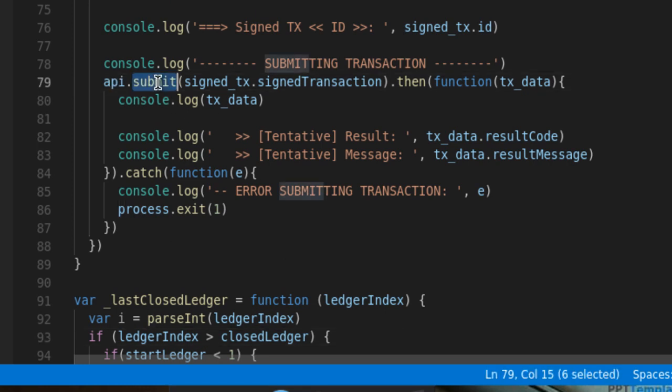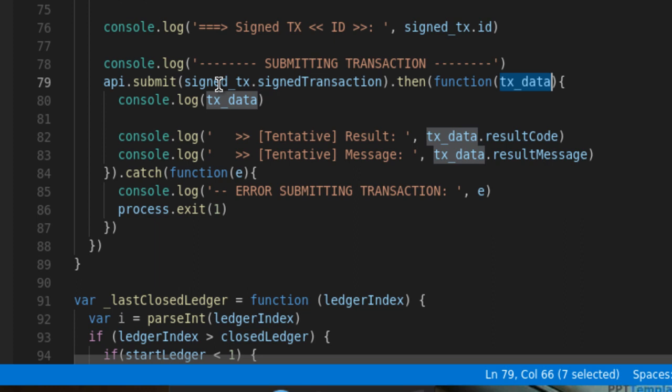This will submit to the ledger, and again, as I mentioned, you will have a provisional response. That provisional response we will log on the console. The result code will be there in the tentative response, the provisional response. Again, this is an asynchronous call.